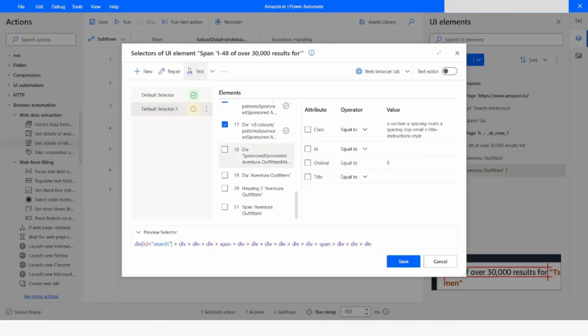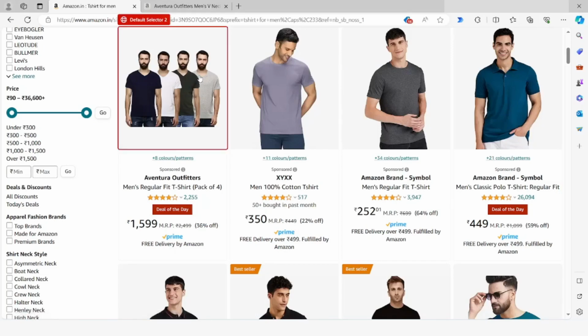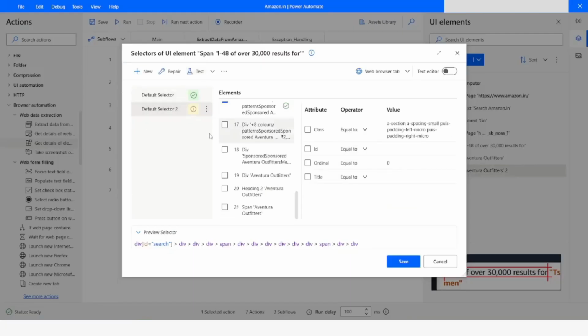You can see that it is highlighting the upper part of it. So now we will disable this one also and then click on test. Now this is the parent one. So this is the div which we